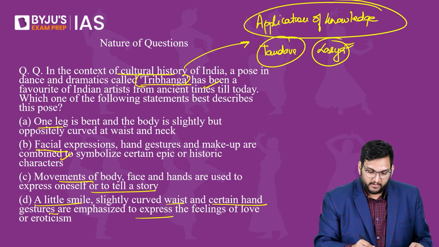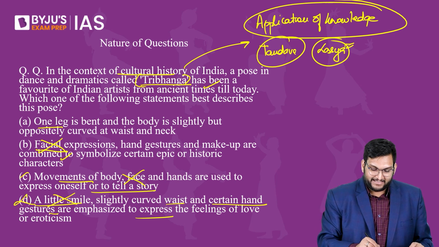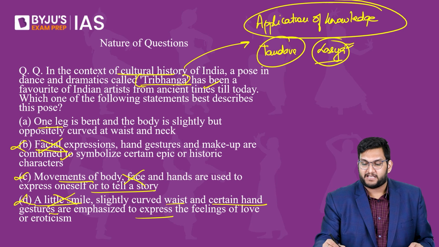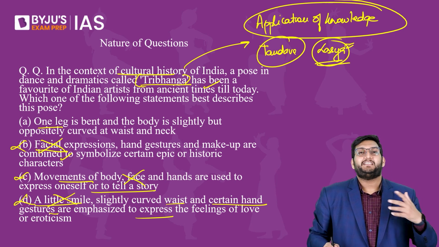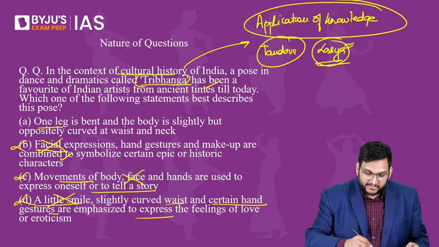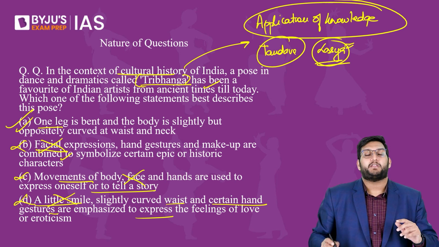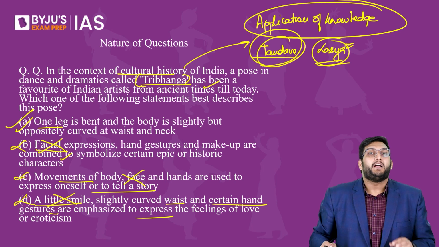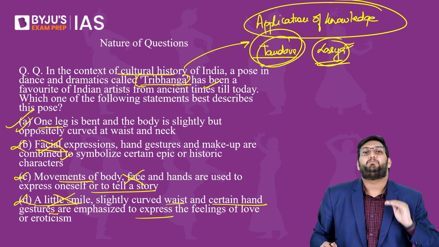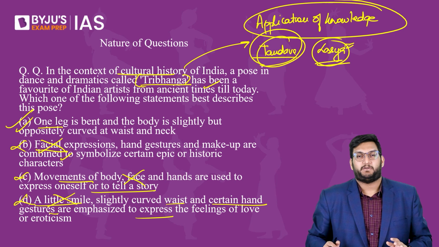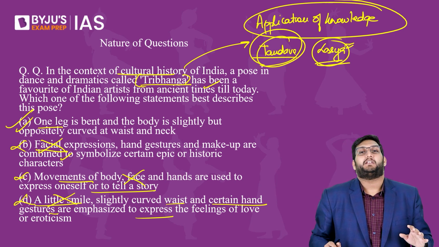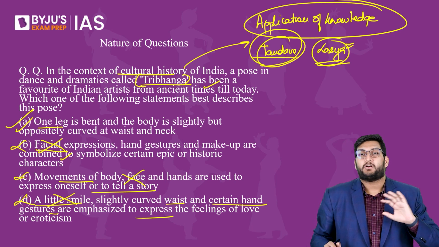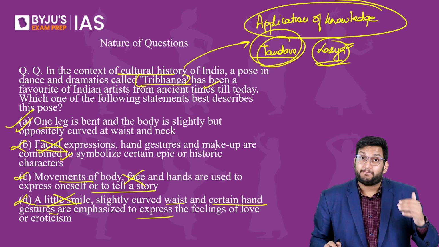So see one thing, facial expression, face, little smile. Automatically 3 options get eliminated because there is a Lasya aspect to it, which is related to expression. And it is only the first option, which is only talking about a physical movement, which is the Tandava part. Again, this is out of basic books. It's just an application-based question, does not need extraordinary knowledge. So if you look at the question itself, it is not difficult. It's just based on application.